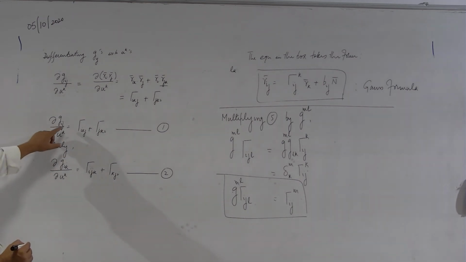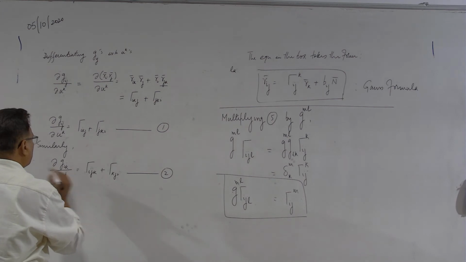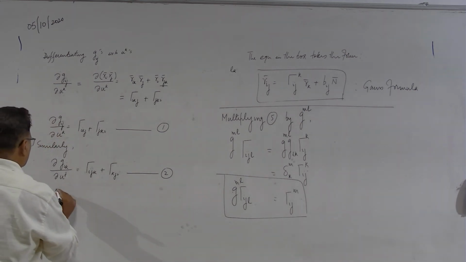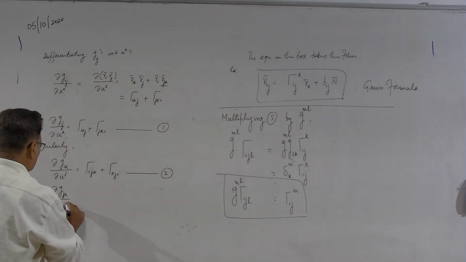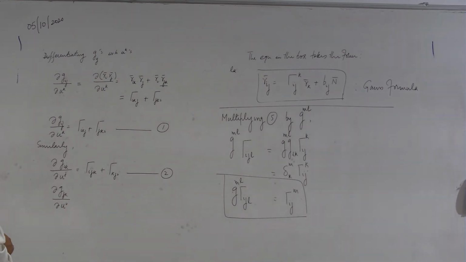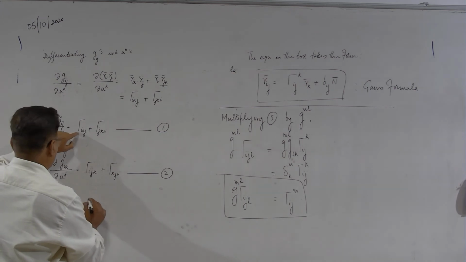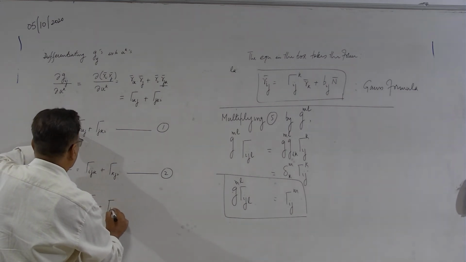Now I have the derivative of g_jk with respect to u^i. Next I will interchange i and k. So this will be the derivative of g_jk with respect to u^i. I and k are interchanged here, so that becomes [ki,j] plus [ji,k].